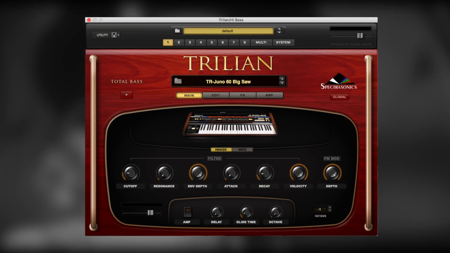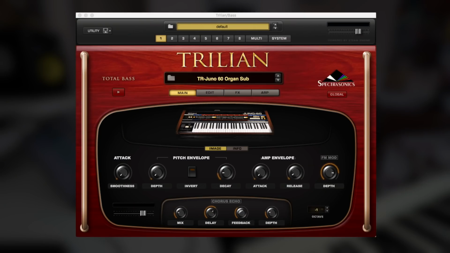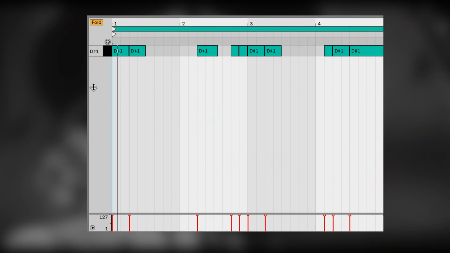Moving on to the bass, so I pulled up Trillion. I first found this sound, and instantly I knew that was gonna be the texture that I was gonna throw on top of the sub part of the bass, just to give the bass more character and just to make it sound a lot fuller. So I duplicated that, changed the sound, and picked a different preset in Trillion, a more subby sounding bass, and I built this bass pattern.